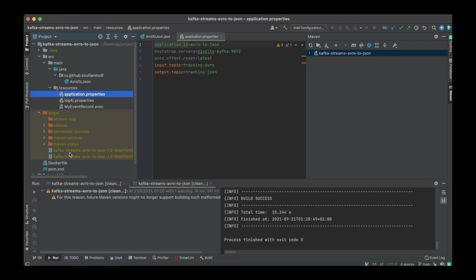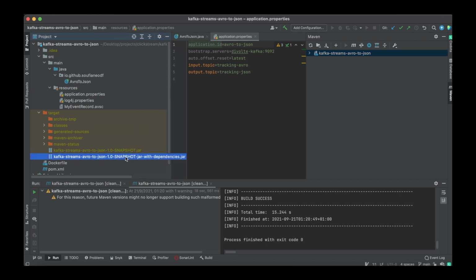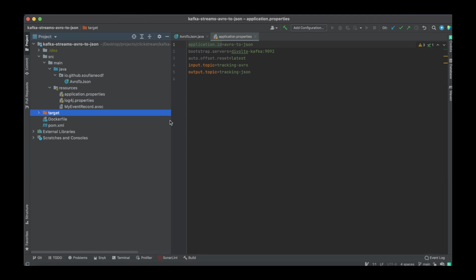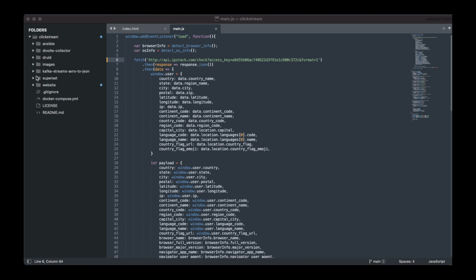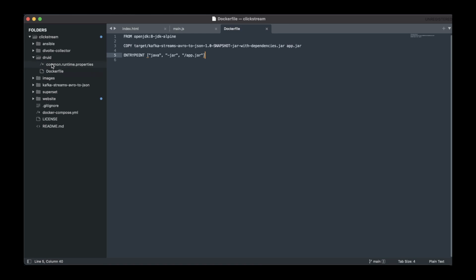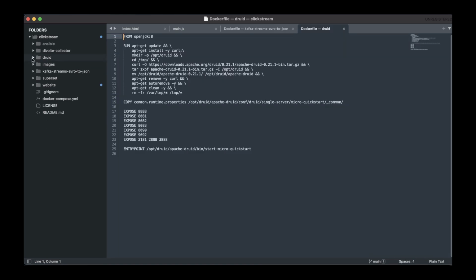Alright, so the build was successful. We are interested in this one. We can close this. And if we look in the Dockerfile, we're going to copy this generated jar into our Docker container and then run the Java project. So this is done right now, and after this we need to go to Apache Druid. Everything is good for Apache Druid, and then for Superset,